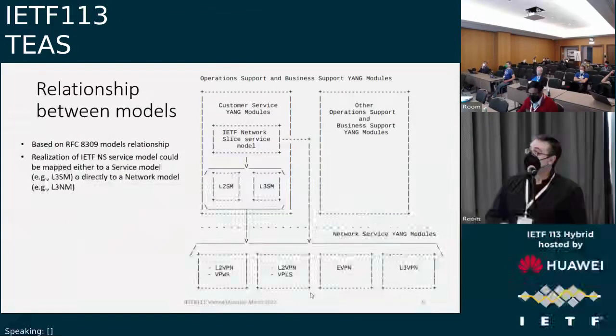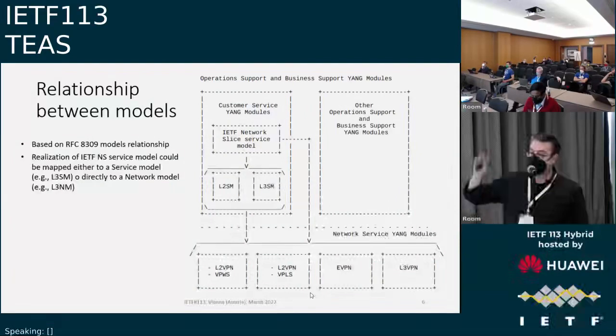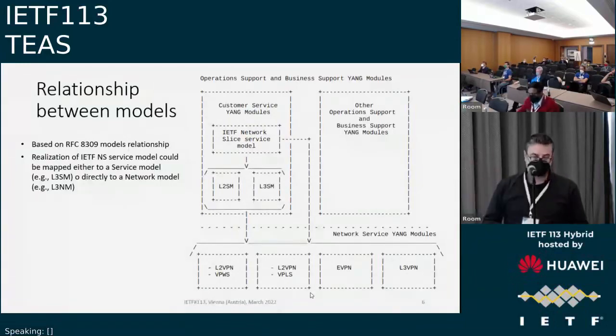Regarding the relationship between models, we took the idea of models that is now provided in RFC 8309, where essentially we have on the right side the OSS and BSS YANG models that could be applicable. So we took this directly from the picture, with no models in that space. And then we took the part of the customer service models and the part of the network service models. In our understanding, the network slice service model fits as part of the customer service YANG module, and